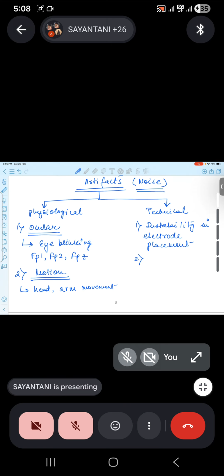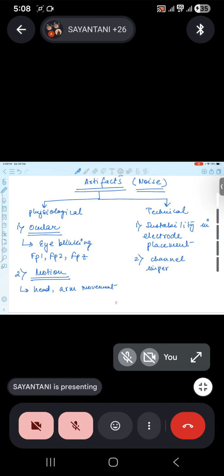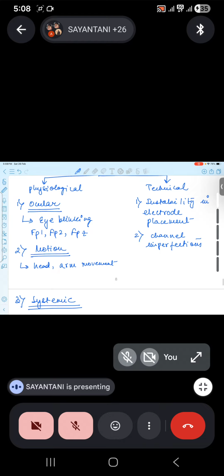The second scenario can be your channel imperfections. So this is something very specific to your hardware. Again, there can be environmental interferences, right? Like some kind of device which has been placed nearby your EEG recordings that is creating an interference with